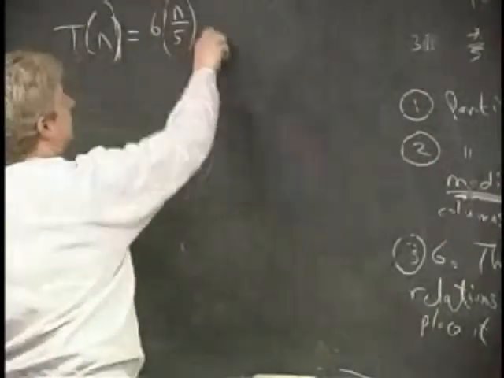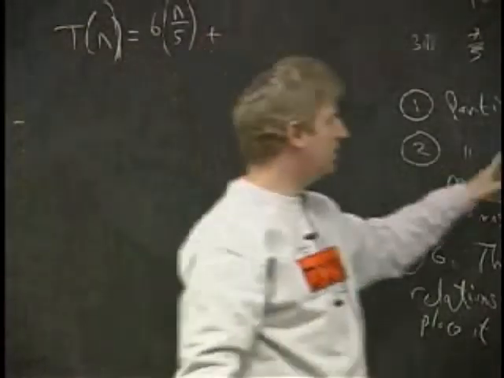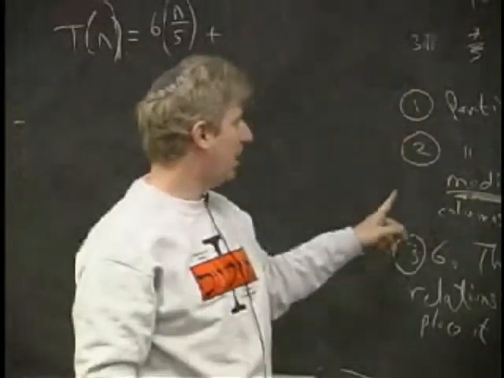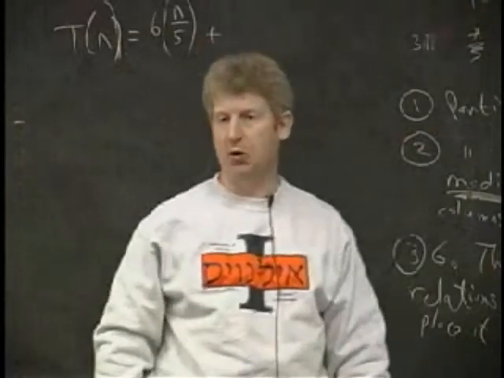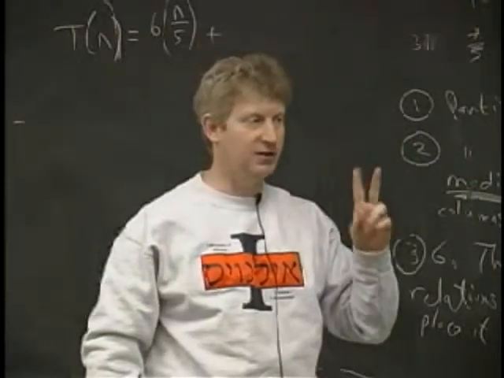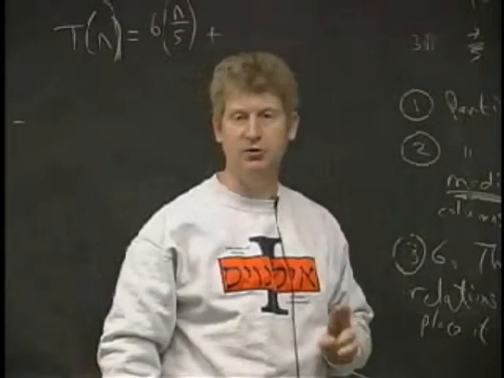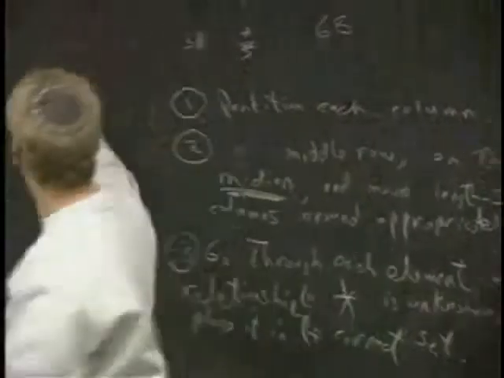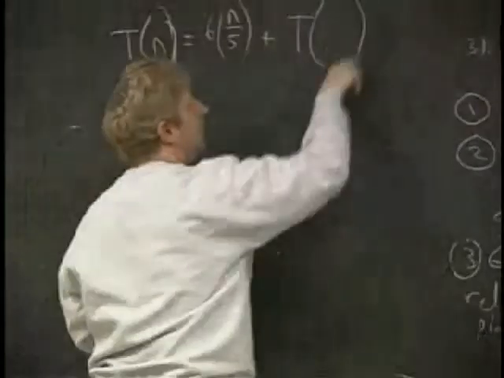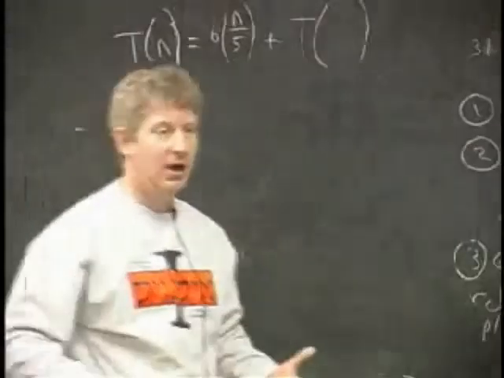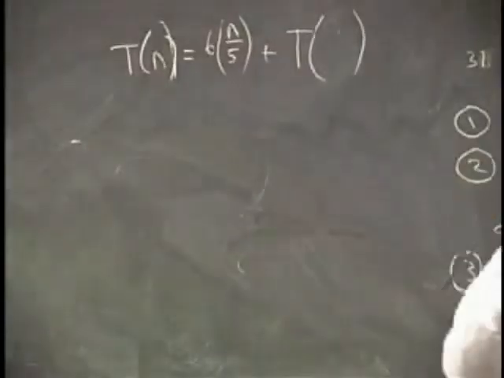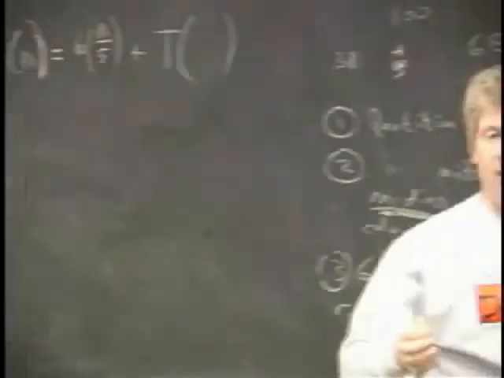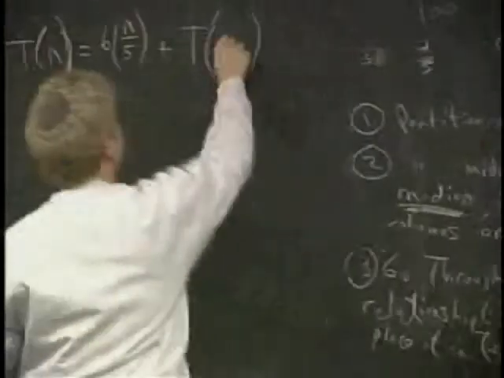Next step, step 2. Partition the middle row on the median and move the length 5 columns around appropriately. So there's 2 parts to this. Finding the median takes a recursive call. What size? Anytime you're doing a recursive call, then in your recurrence equation, you're going to have T of something, because we're doing the problem again. How much time is it going to take us to do this problem again? But now the list is smaller. How much smaller? It's a fifth as big. So this is T of n over 5